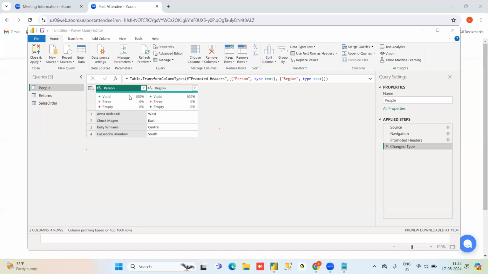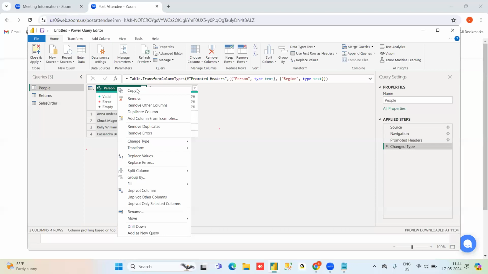So I want to split this column based on something, or I want the left 4 characters, or something. How am I going to do the transformation? Right click here.